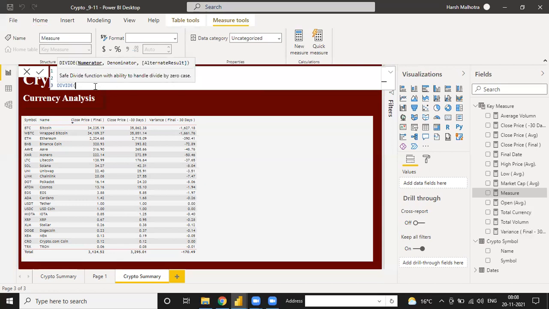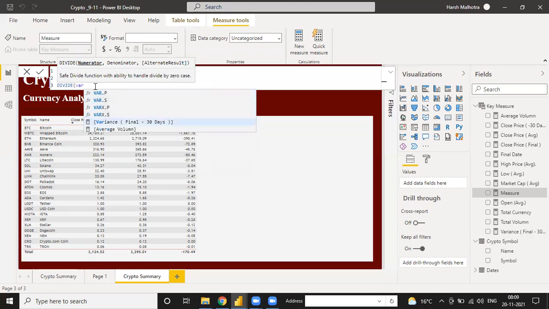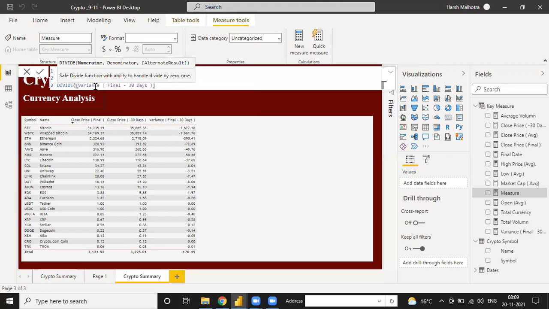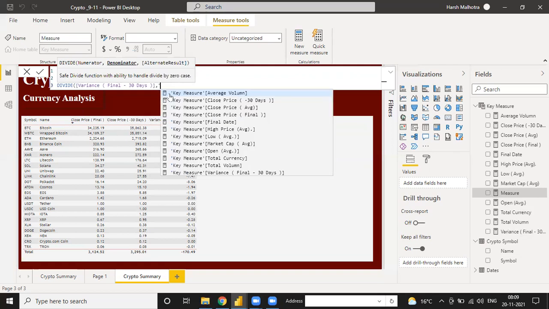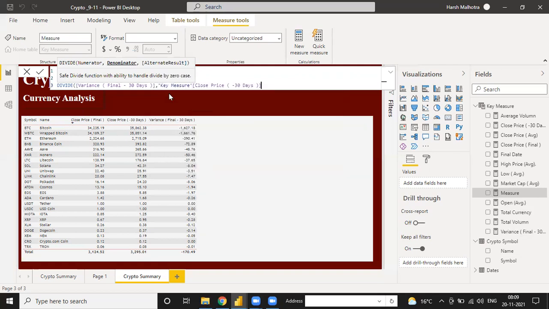In the numerator, you can just directly put this variance, my final minus 30 days, and in the denominator you can use close price 30 days, this one. Okay, and then what is the alternative result? Suppose this value becomes 0 and this value is something, then it will give an error. So you can directly put 0, so that if this value is 0, then the result will automatically be 0. So if I click on this, enter,